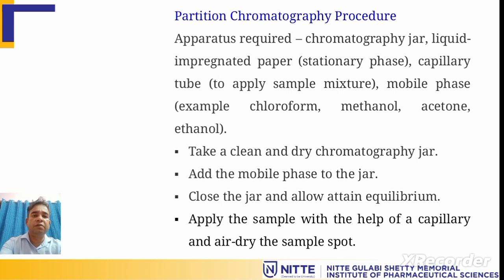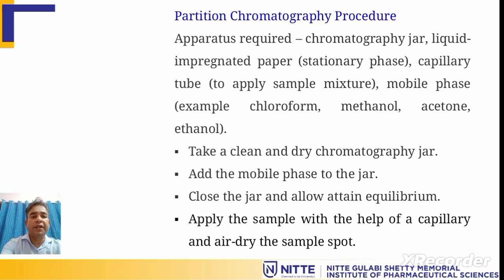Generally the mobile phase used is chloroform, methanol, acetone, ethanol, or a mixture of these two or three in different proportions. These are the solvents used to make the mobile phase, but not in a pure form or a single system. You may have a varying solvent system, and the solvent system is chosen based on their partition coefficient,